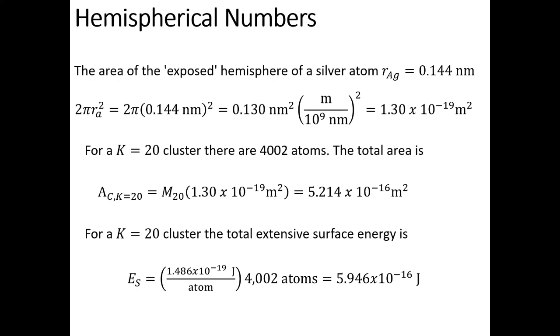You multiply that by the number of atoms. In a magic number K equals 20 cluster, for example, the total area is 5.24 times 10 to the minus 16 meters squared. And this means that the energy is going to be for that surface